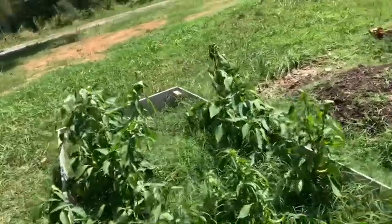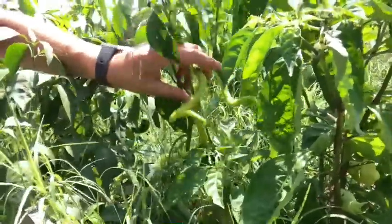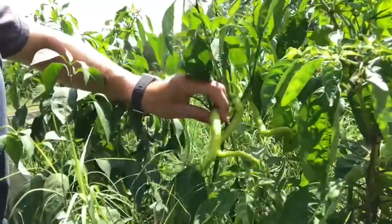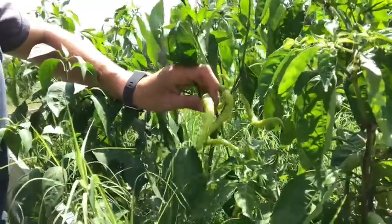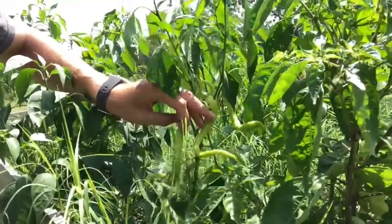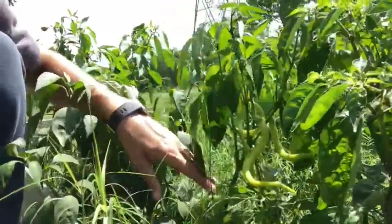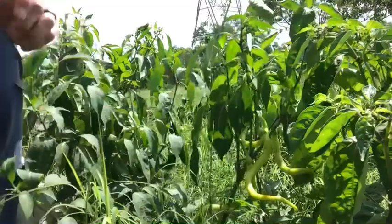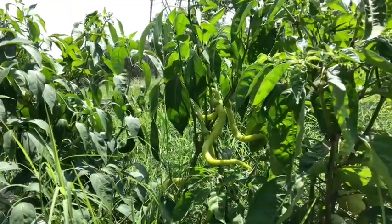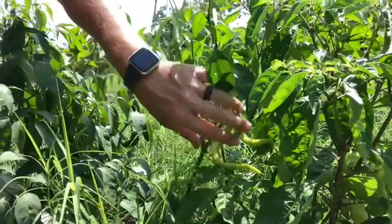And then these, I'll take in. These are called corbachis, which I think are, well, they're also fingernail-like, like the other ones. And then I think they're like a Turkish variety or something, but they're really good. They're sweet. I don't put them in hot sauce or anything, but they're really good fried up with pretty much anything. I really like those on steak sandwiches. So if you make shaved steak, cheese steaks with onions grilled up and then toss some of these in there,